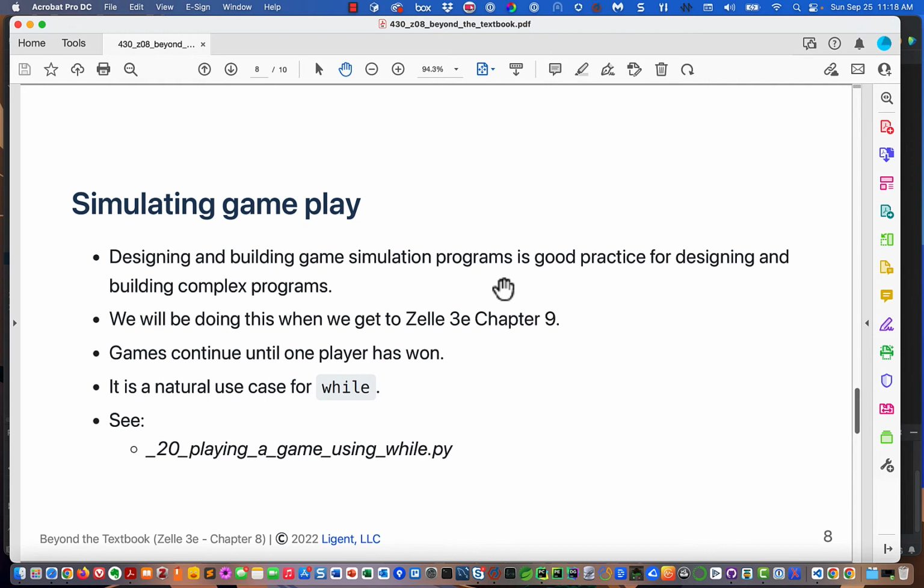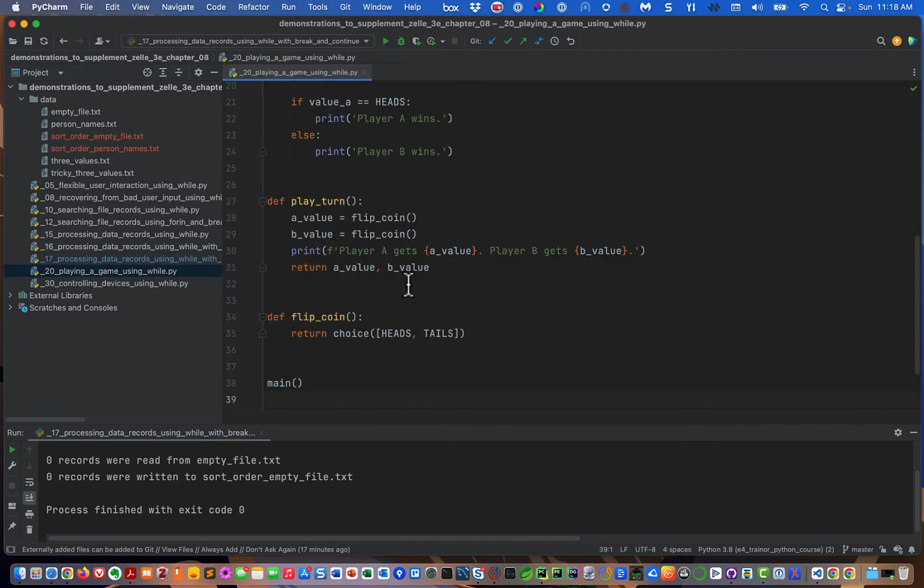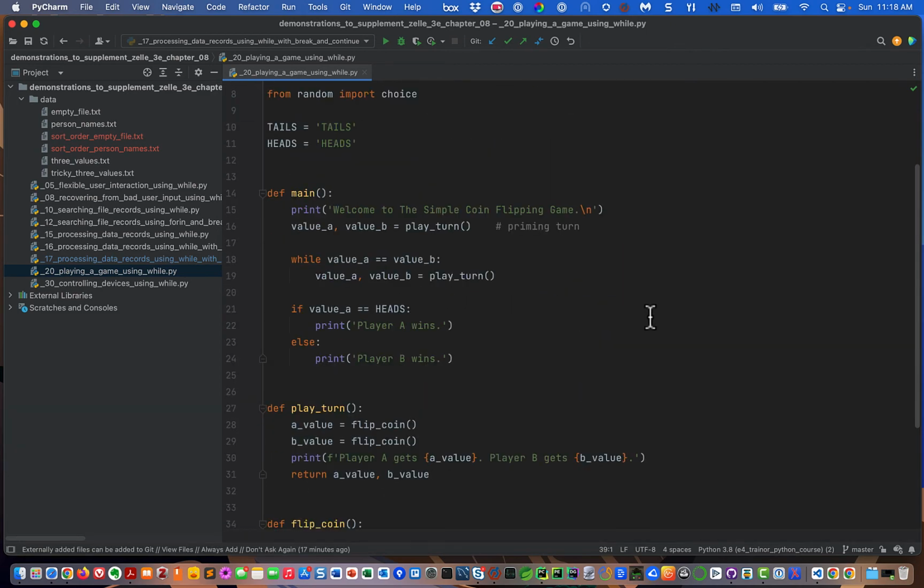Okay, so I'm going to show you an easy game simulation program, easier than the ones that we're going to do when we get to chapter 9 in this 20, playing a game using while. Okay, let's give that a look. Alrighty. So,